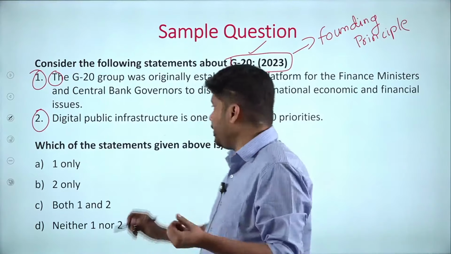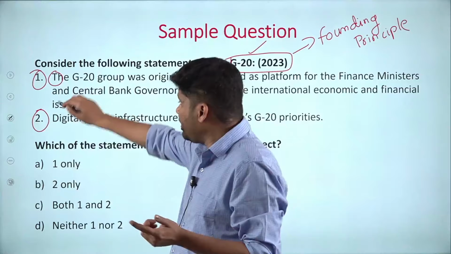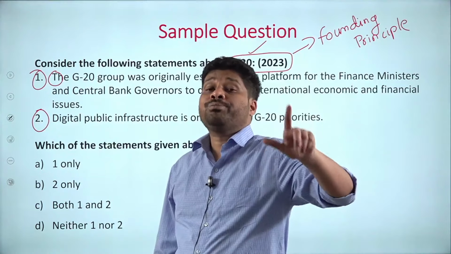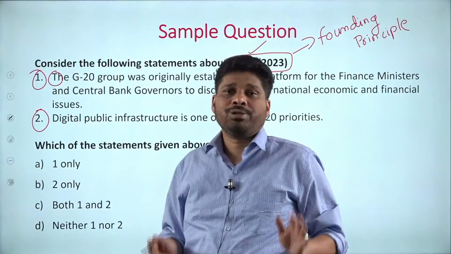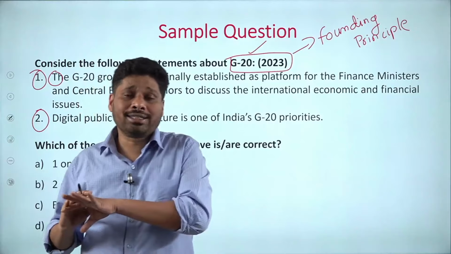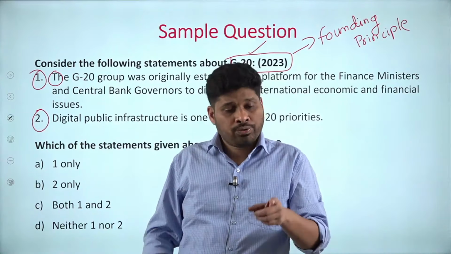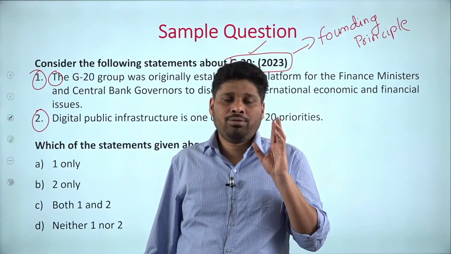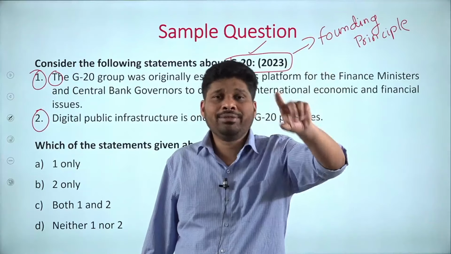So one plank of the question depends upon a contemporary event, the other plank depends upon founding principles. And the question itself is asked because G20 was to take place in India. So randomly they have not asked any question with respect to an organization which was not in use. Focus was on what has happened and what will basically happen. In the same way you have to study